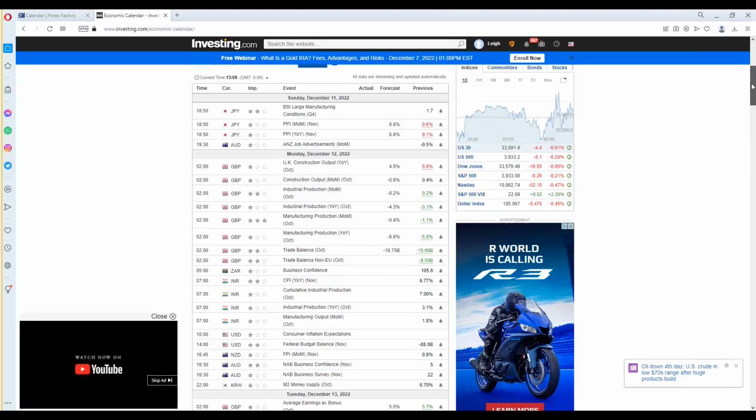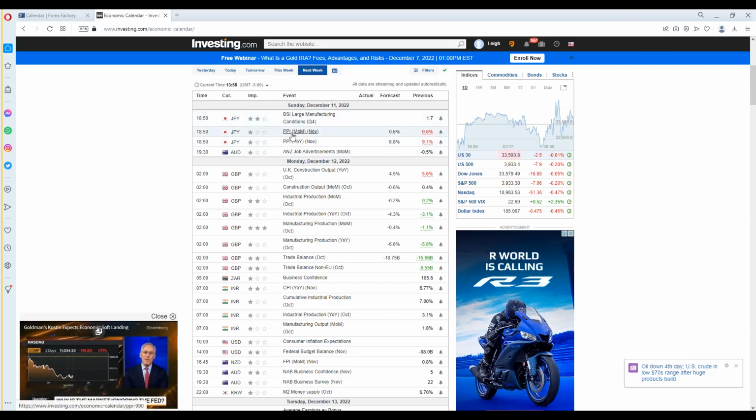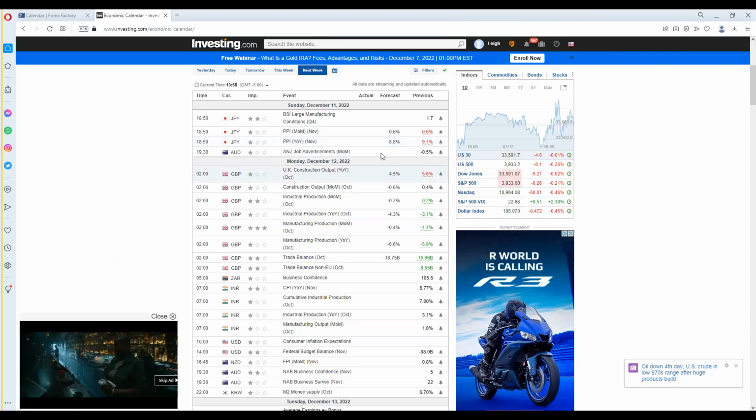I didn't even look. So first thing I'll look, there's nothing big other than Japanese PPI. Now it is a shame. See, that would be a tradable report. Why the yen doesn't move on Japanese news, I will never understand, but it doesn't. It just doesn't. So Sunday night, Sunday, we don't have a trade.